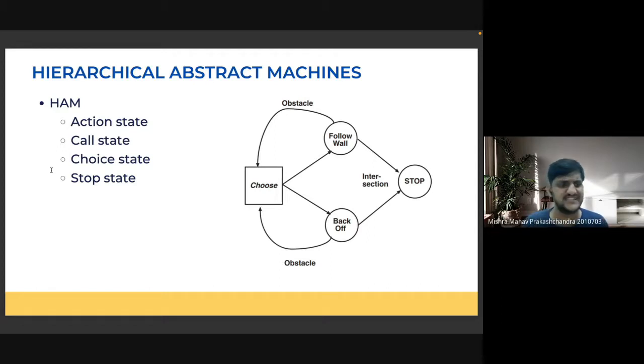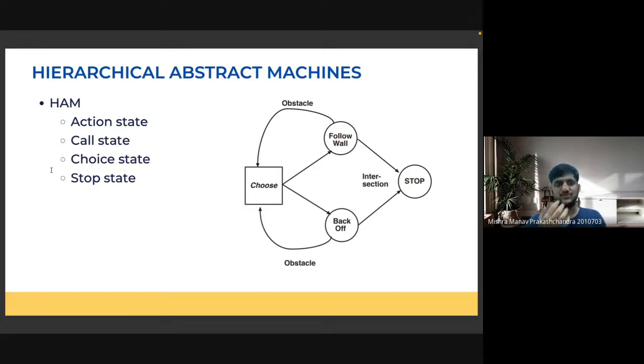And then the choice state defines a non-deterministic transition in the finite state automata. When the choice state is encountered, I can non-deterministically make a transition to some other state, right?